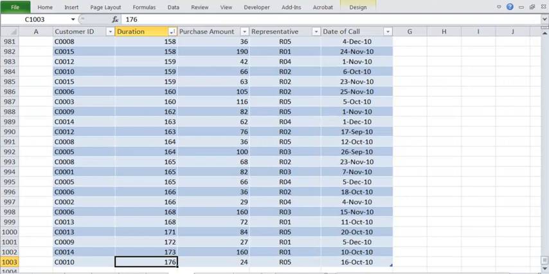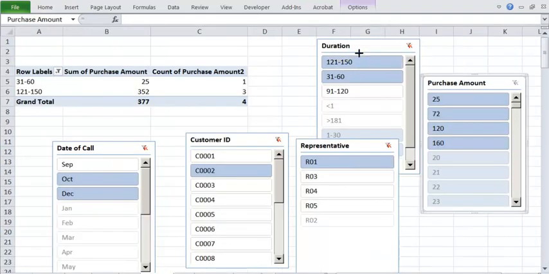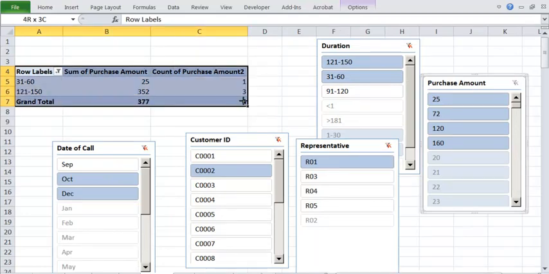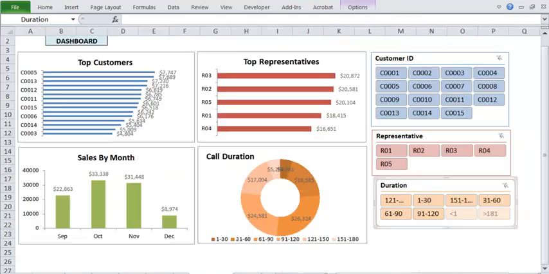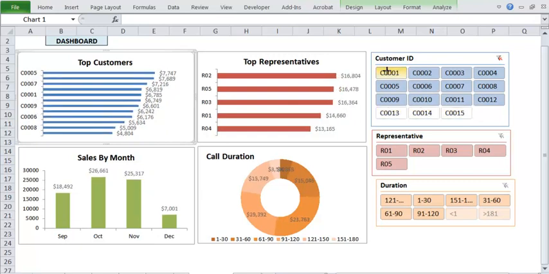Here when we were doing the slicer, you did not get a very good understanding of the slicer because it was changing only one data table, one pivot table. But when we create this dashboard, the entire dashboard items are changing by the slicer. See here as an example, if I want to get only data for customer 1 to customer 12, you see that all the values are changing.